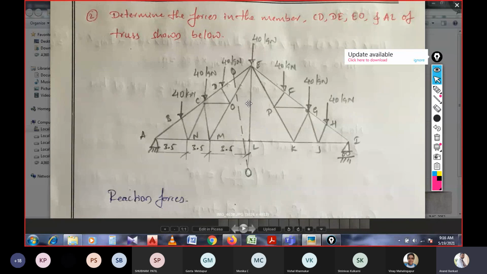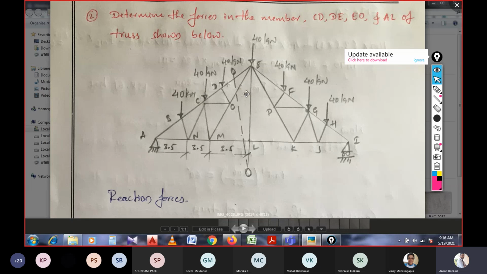So in this, if you want to calculate only a few members of the truss, then we cannot go for the method of joint. However, we can calculate the forces by referring to the method of joint, but that will be the lengthier one compared to the method of section, because we need only a few members to analyze. But in the method of joint, you have to analyze all the members which are connected to each other. So that is another case where we need to consider the method of section: to calculate only a few members in a huge truss.